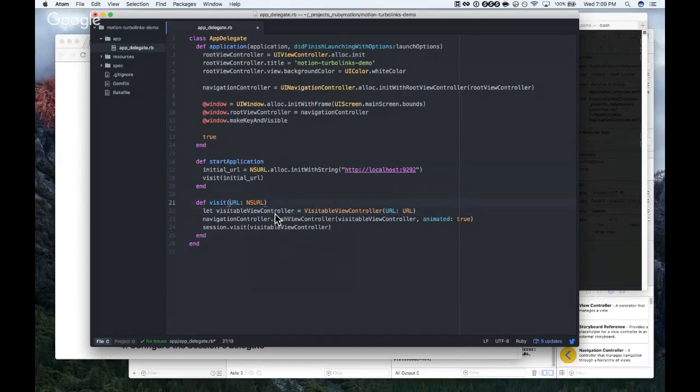So visit, we don't have to declare our type because this is RubyMotion. So we just accept the URL. So when we call visit, we pass a URL in here. We don't have to say let. We just say our visitable view controller is a visitable view controller.